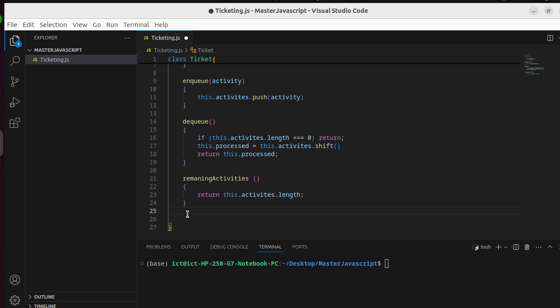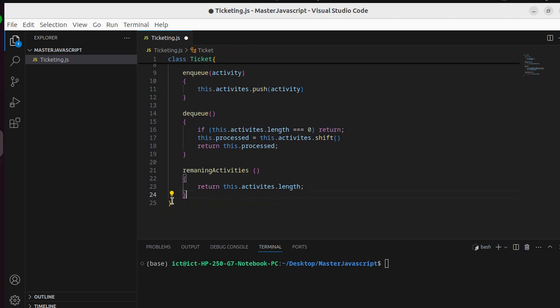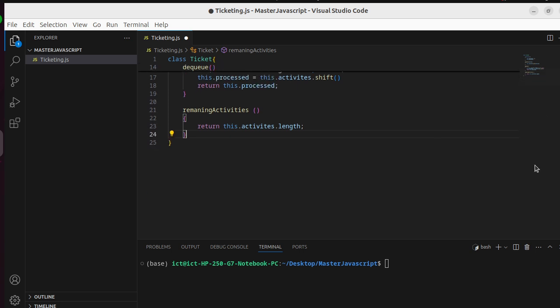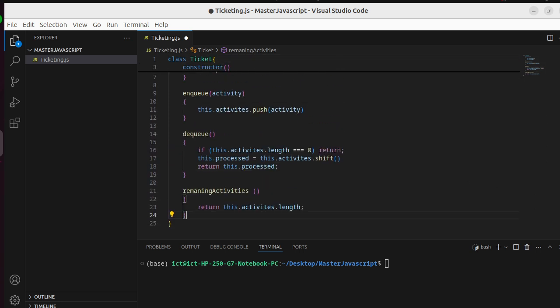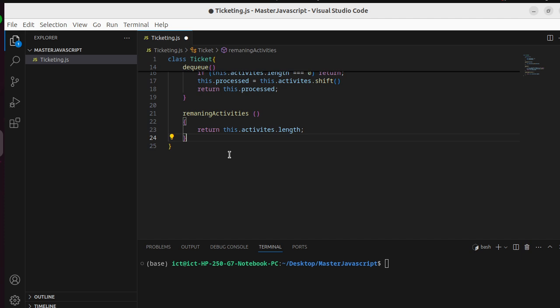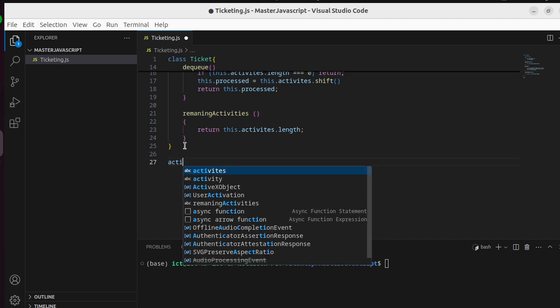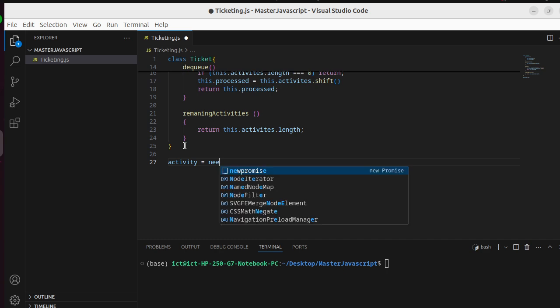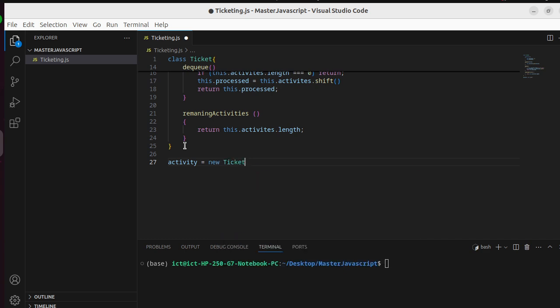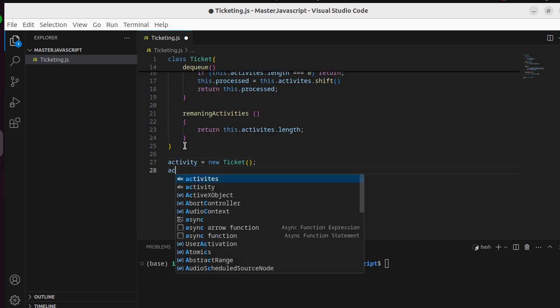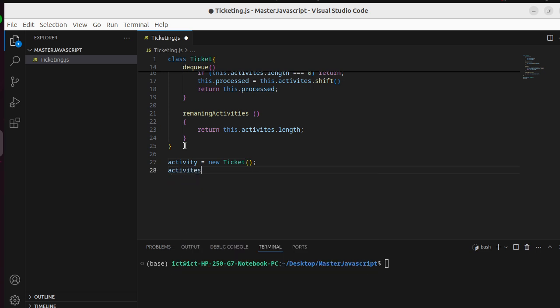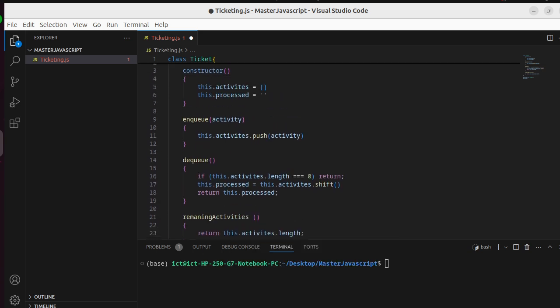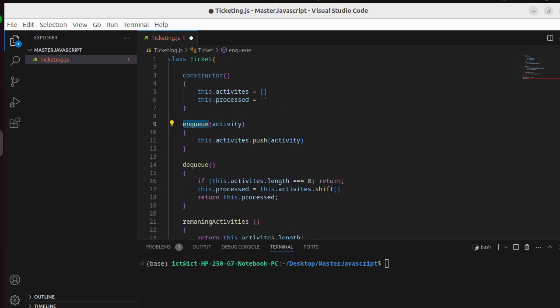So having done that, we can test this out by coming here and creating a new object for our ticket class. So I'll call this activity, and I will say new ticket, create the new ticket object. So activity dot, to access the queue, dot enqueue,